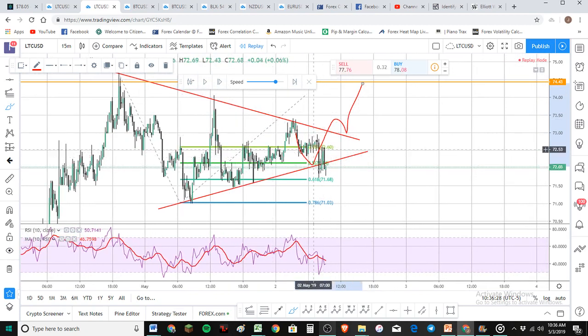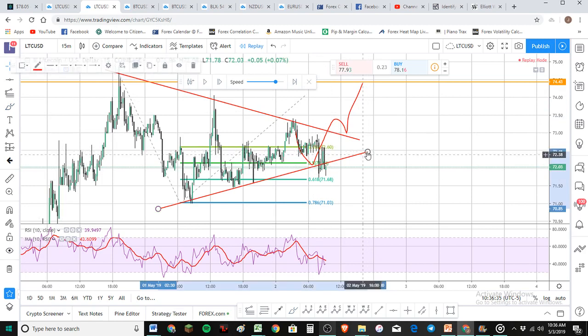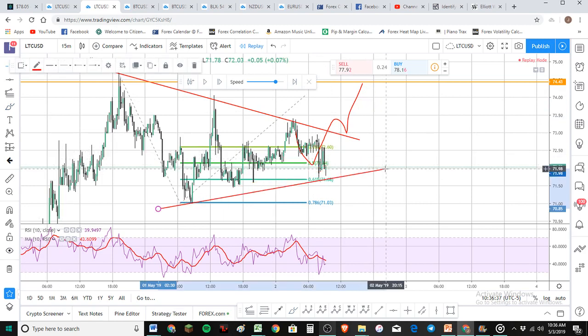And it's like, oh, that was a false breakout to the bottom side. But what that actually did was that shifted the trend line to here, which is what that breakout did, because once that came back into